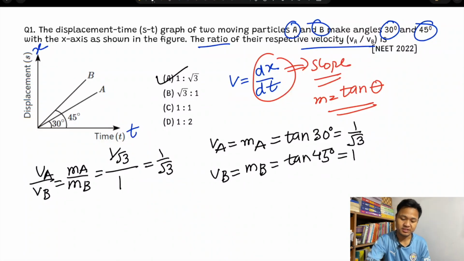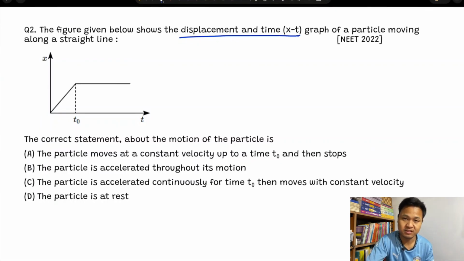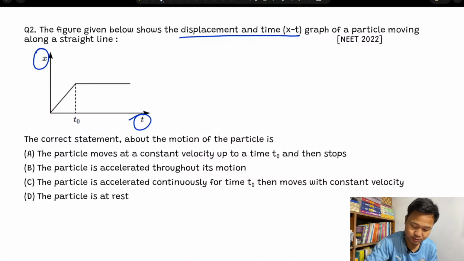So this is a very simple question. Let's move to the next question, the same year NEET question. Here the figure given below shows displacement versus time, an x versus t graph. They ask you the correct statement about the motion of the particle. Option A: